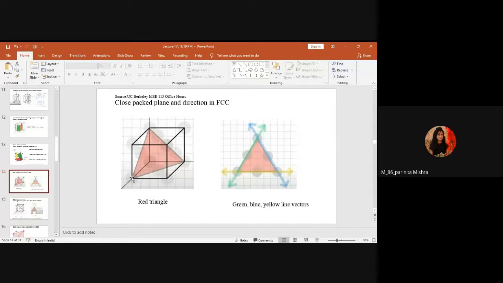One bar, 1, 0. Very good. So again, this is your initial point and this is the final point, right? You want to reach from the initial point to the final point. So how do you travel? You move in the negative direction of x, which is minus 1. In the y direction, you move in the positive direction, that is 1, but you finally reach the end point, so you do not have to go in the z direction. So this will be minus 1, 1, 0, right?